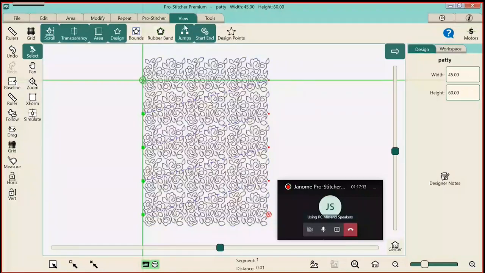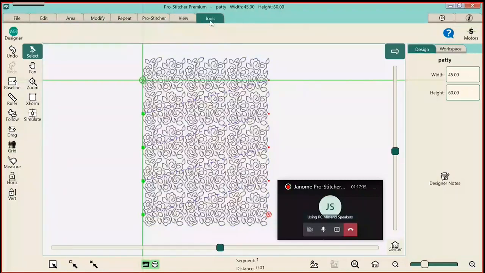Okay, so that's what the View tab is. The Tool tab is where they can come in here and access Pro Stitcher Designer or either Art and Stitch, whichever program they have. Now, I don't encourage this because when you have these two different programs, you only get 2 registrations with them, which means if you have it on your laptop and you have it on your tablet,